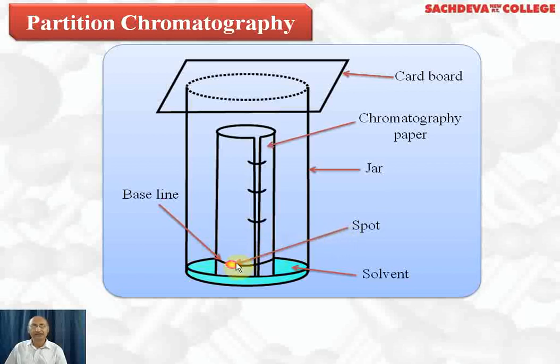Now this is similar to thin layer chromatography. Here the chromatographic paper is made up of cellulose, and the water which will be adsorbed on the chromatographic paper will act as the stationary phase, and the mobile phase will be the mixture of solvents which we take here. Either we take a pure solvent or we take water plus ethyl alcohol, so that the spot can move easily. Keep in mind, as a precaution, that the spot should not directly dip into the solvent. It should be slightly above the solvent, and we have to take care of that.